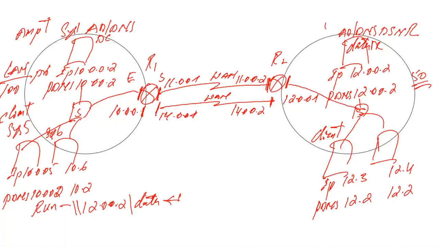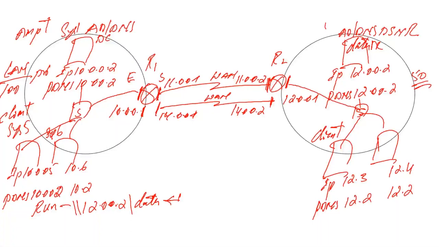Now tell me, once I press enter, the first request will go to your router via this interface. Now the router has two interfaces to exit the network to access the resources. One is 11.1, one is 14.1. So the router will decide, by using a routing protocol, which path is the best to reach the destination, which is the shortest and best path. The router is saying the shortest and best path is 11 dot, right? So via 11 dot, the data will transfer from the 10 dot network to 12 dot, and from the 12 dot network to